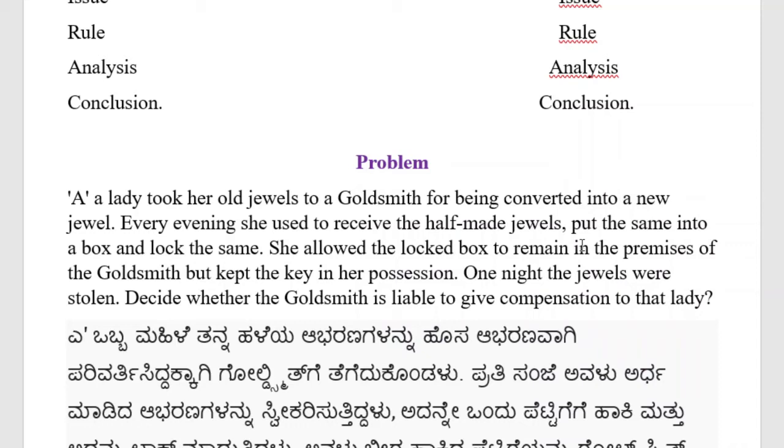Students, today let us solve one more problem with regard to the concept of bailment. With regard to bailment, we have already solved a problem wherein a customer who visits a restaurant, and the waiter or servant takes the coat of the customer and hangs it behind the customer. Later, when the customer wants to leave the hotel, he doesn't find the coat. So it was held that